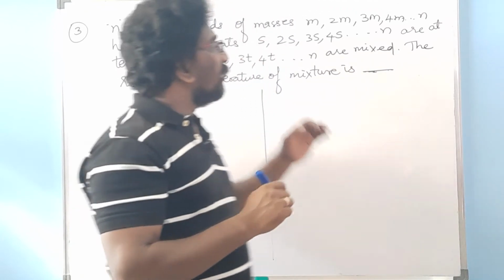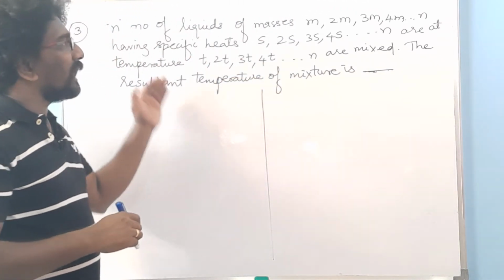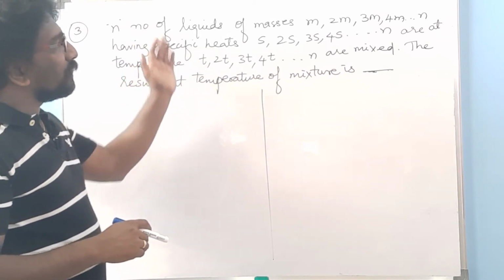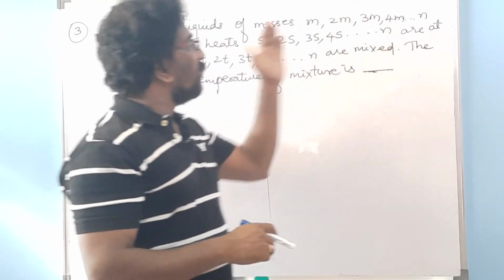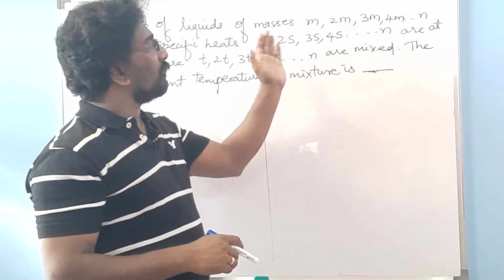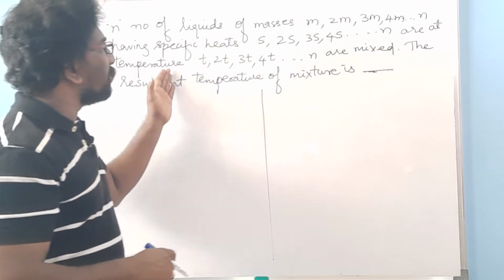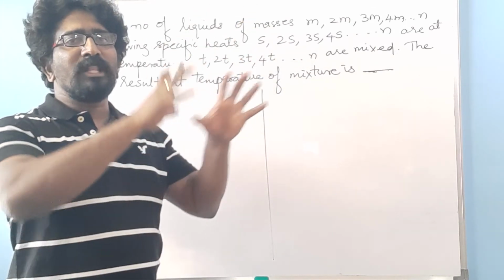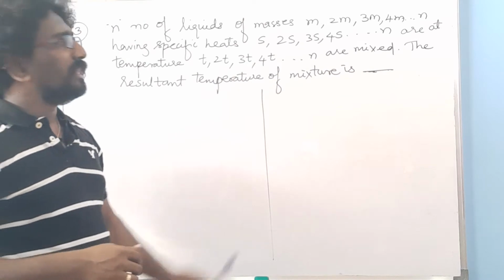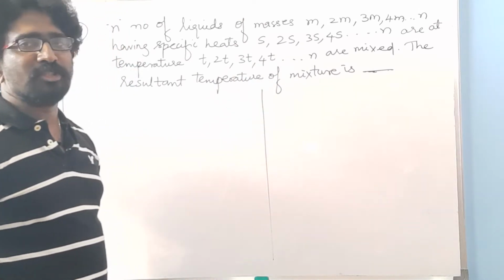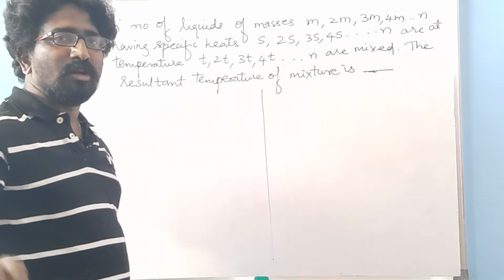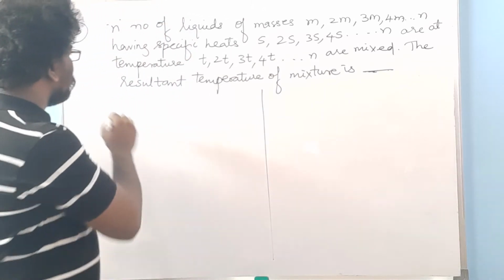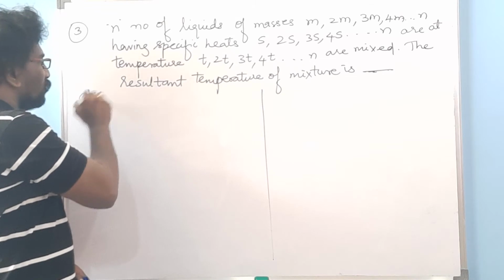But now this particular mixture has masses up to n number, specific heat capacities up to n number, and temperatures up to n number. It means that there are n number of liquids. If all the n number of liquids have been mixed, then what will be the final temperature of this mixture? So this is your question, how to find out this particular problem. So see now, for this solution,